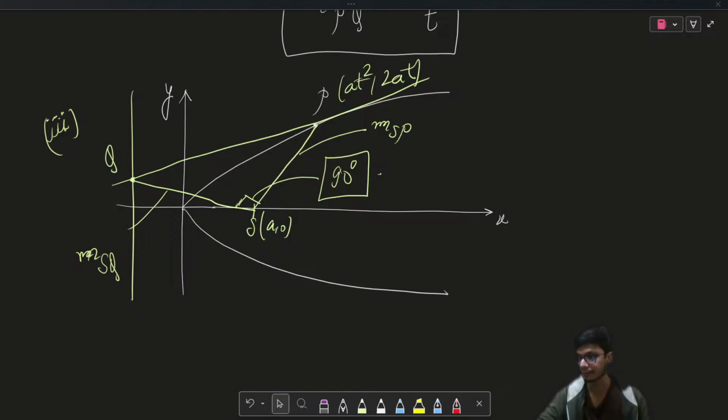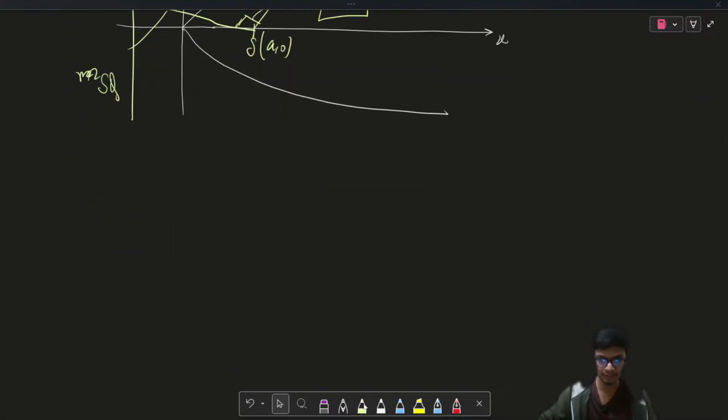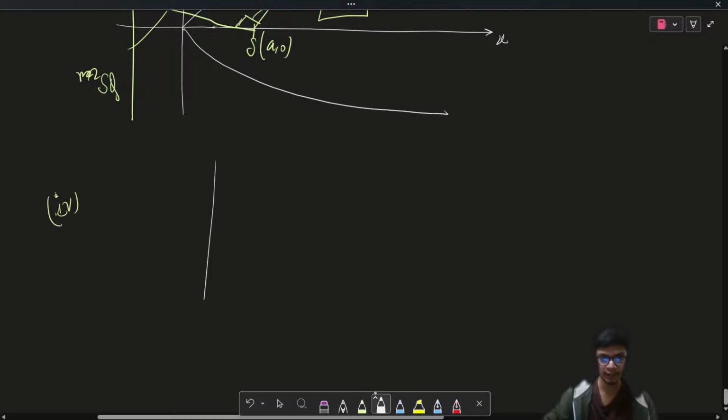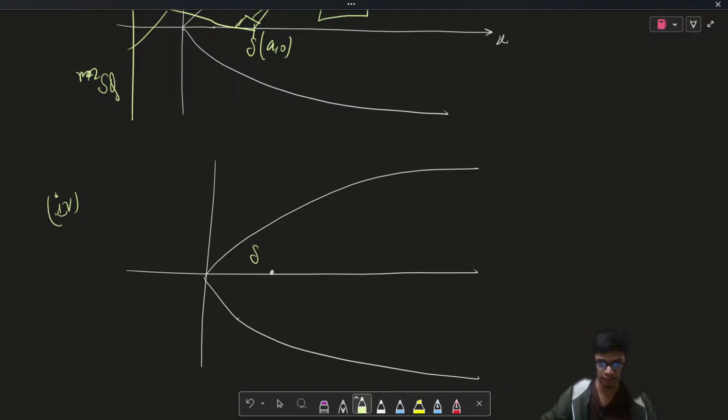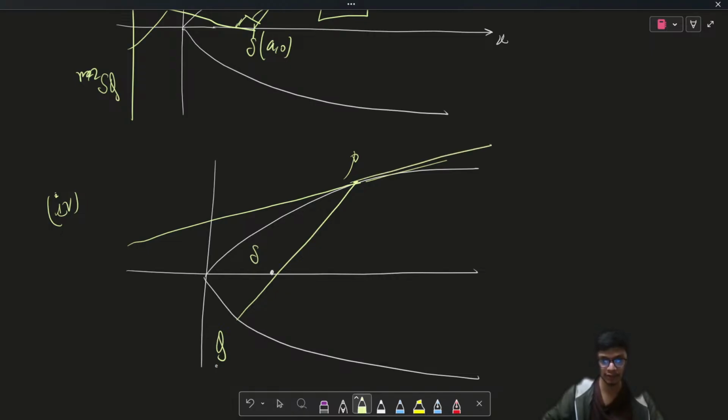Is this part clear? Okay, and another important result to be kept in mind, that is the fourth property. This property says that if I again have a standard parabola, or let us take the standard parabola. Now if I draw tangents from the extremities of the focal chord, so let us say S is my focus and these are the endpoints of the focal chord, P and Q, and I draw tangents at the extremities of the focal chord, right,